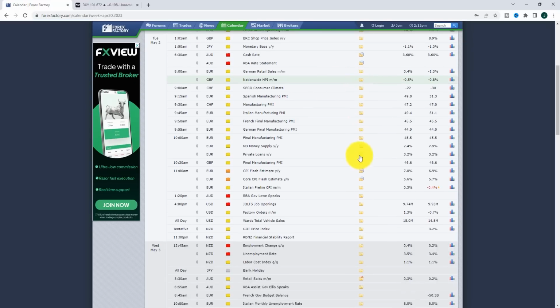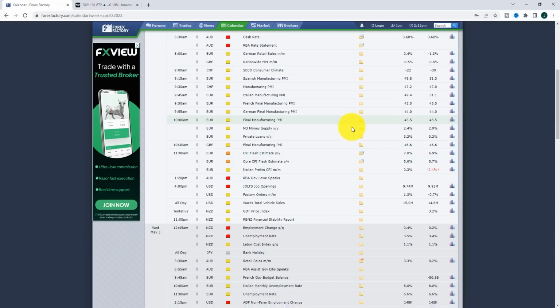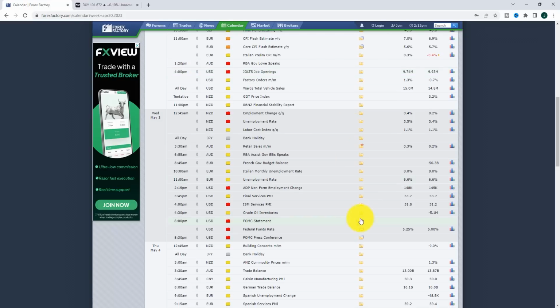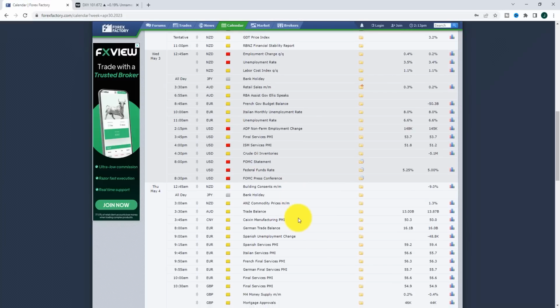So we will be looking at Aussie pairs. I do like Aussie shorts especially. And we also have, as you can see on Wednesday, FOMC, where the Fed are expected to raise 25 basis points. And based on the inflation data that came out last week, it does look like they are in fact going to go 25 basis points.